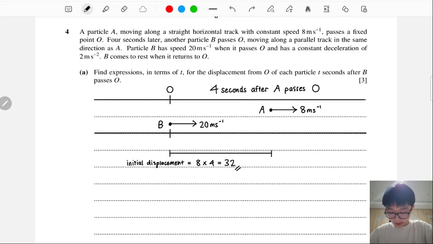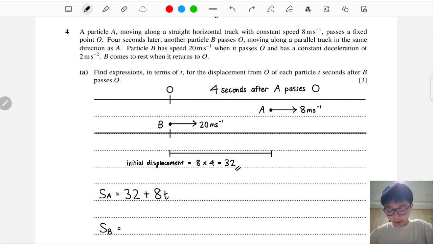And the expression for A would just be 32 plus any additional distance it moves, so 8 times t. That would be 32 plus 8t for the expression of A. And for the displacement of B,